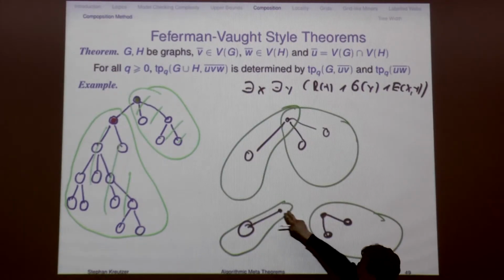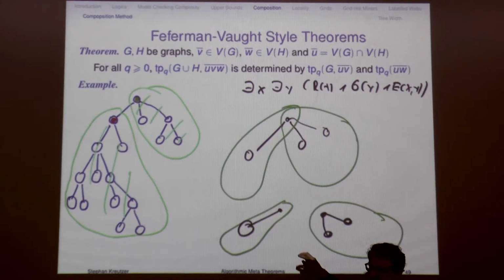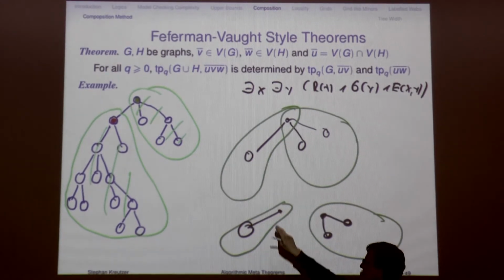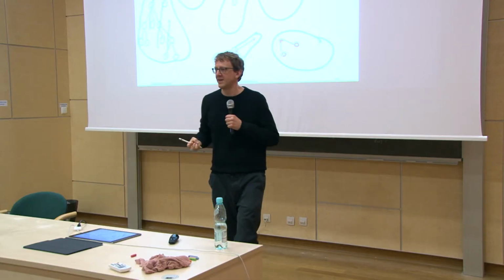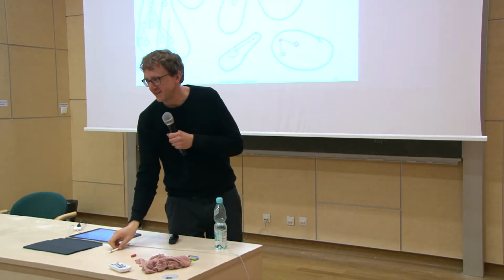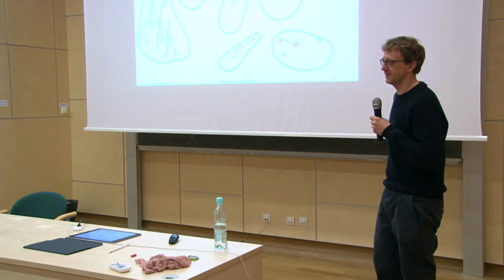Because if you're putting sub-solutions together, then it's crucial to know that these two vertices are actually the same in the entire graph. Yeah? Because the truth value would change if you identify this guy and this guy, right? Because it's a different vertex. Yeah? And so even though we only want to check sentences, we need to label the overlap so that we can put these together.